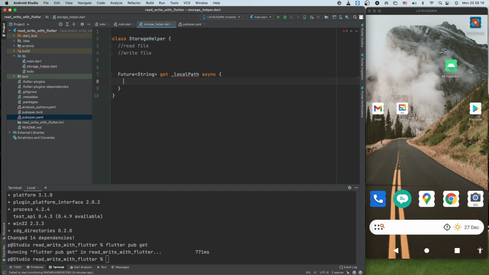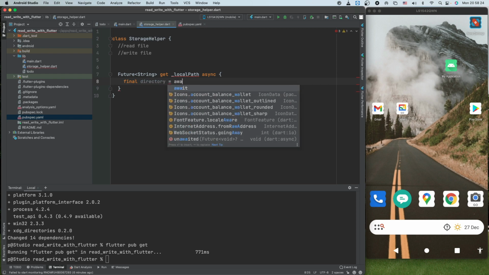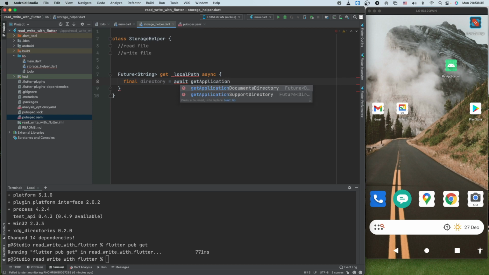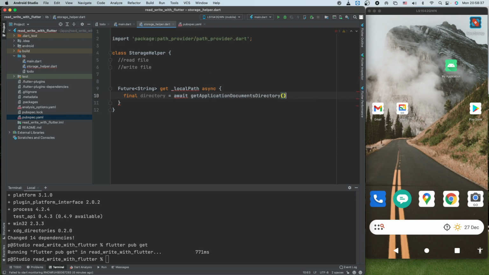Now inside this we have to get a final directory, and here we can call getApplicationDocumentsDirectory, where we can store the files. Because it's returning a directory, it will have a path within it, so we'll be returning that. Right, now we got the local path.